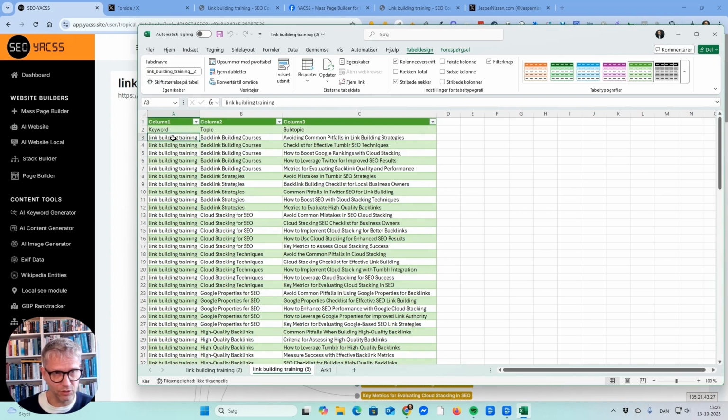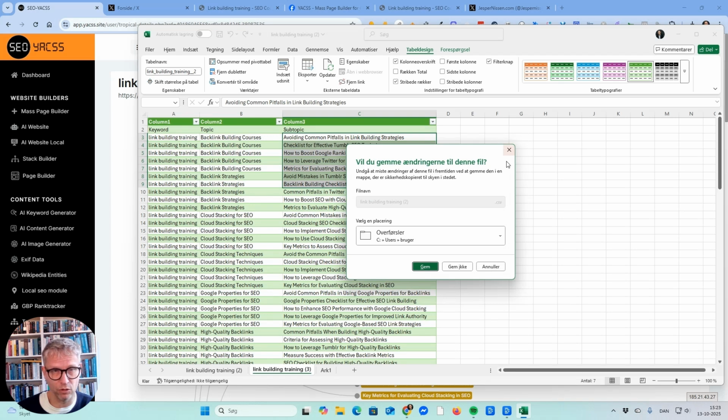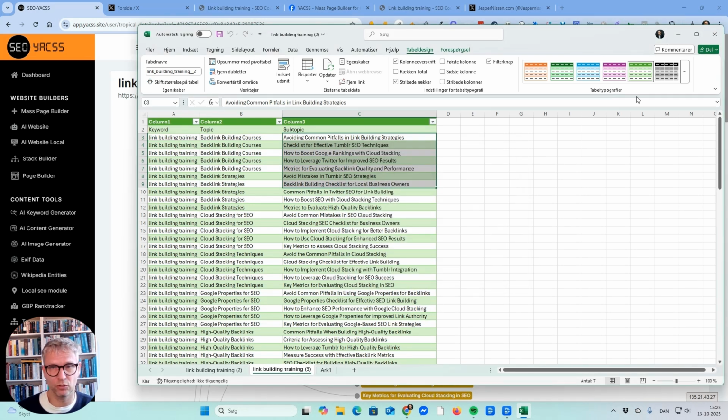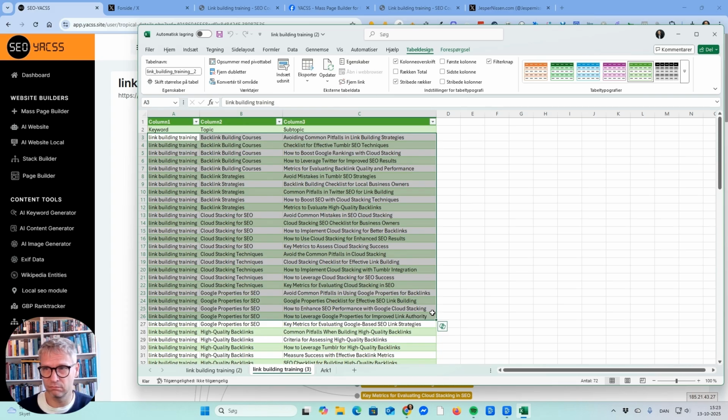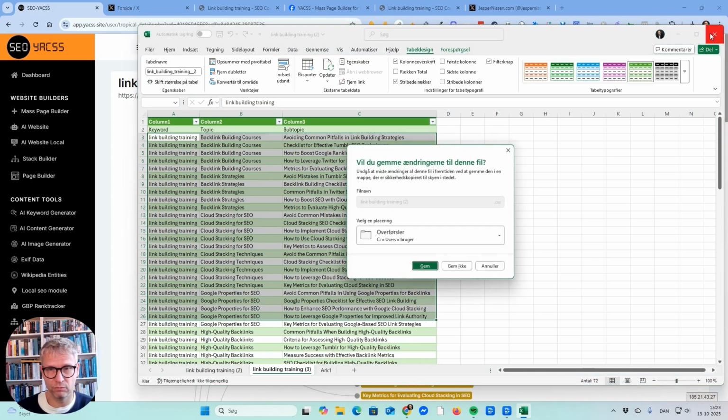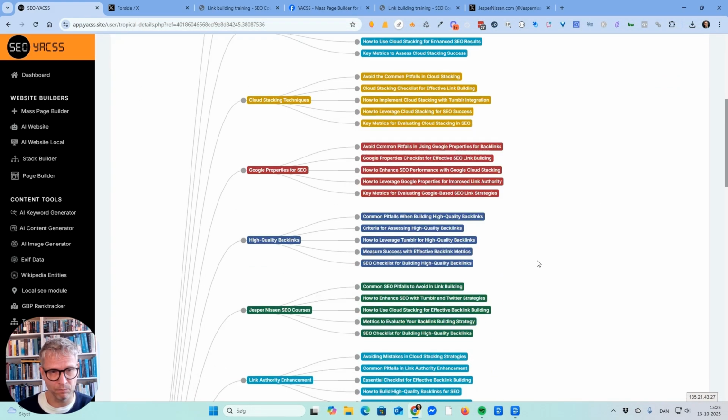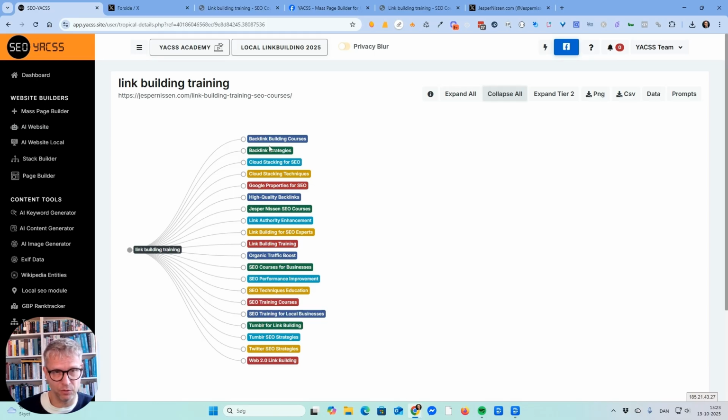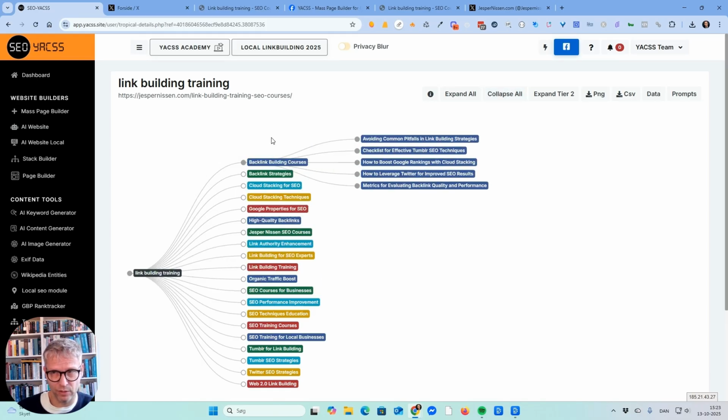But you can see here, link building training is the keyword, the topic is backlink building courses, and the subtopics, or in this case, blog titles. If you are using WordPress, Webflow, a CMS, SimWriter, no matter what you're using, you can grab this and give it to your system, whatever it is, and then produce all of these blog titles. I will be expanding on this because I am planning to add more input URLs. I'm also planning to add